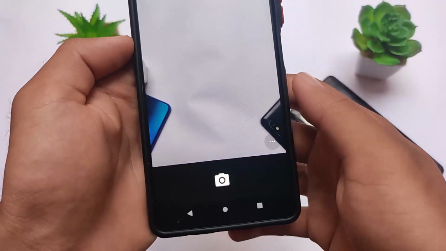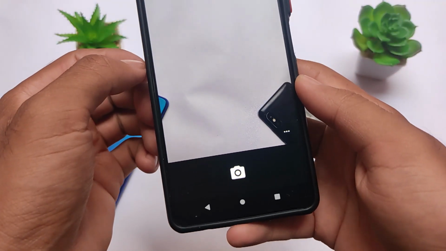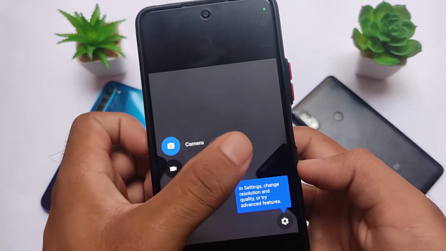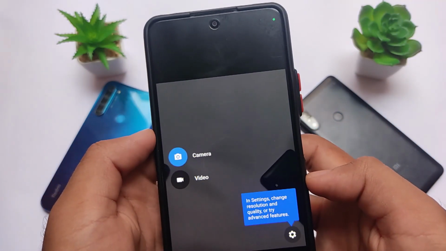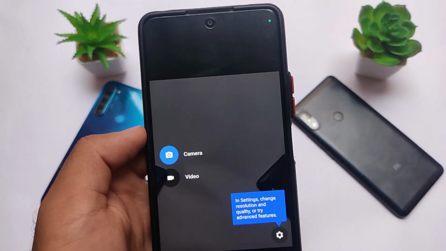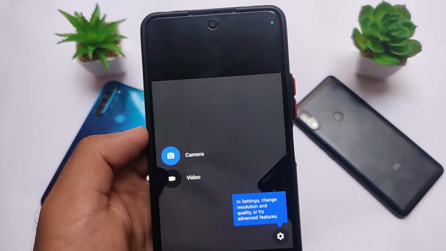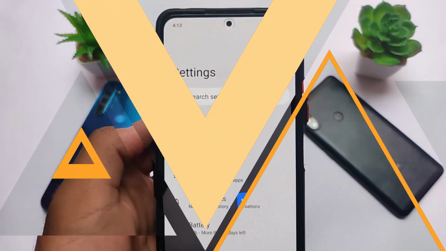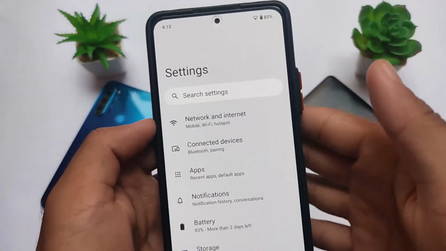And the default camera you get here, as expected, is a Snap Cam, which is kind of no use. I don't think many users use this camera on their devices. All of the users use ANX camera or Gcam. ANX camera, I don't think it's working on Android 12 for now, but maybe we will get the support very soon. Everything else is the same in terms of settings, UI, etc.